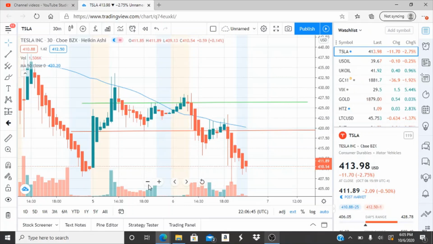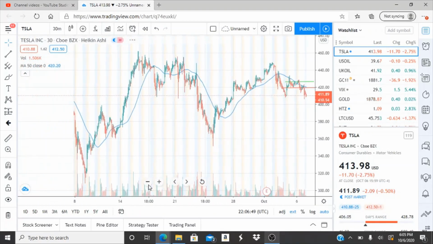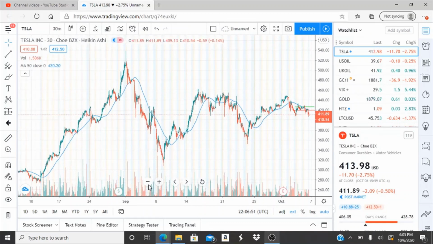So Tesla Inc. is actually now in a bearish run after hitting a new peak. But when we zoom out, it's been very volatile. It's tried to go into a bullish direction, and every time it's about to reach new highs, it falls. Every time it has momentum, it's falling again, and now we're in bearish territory.